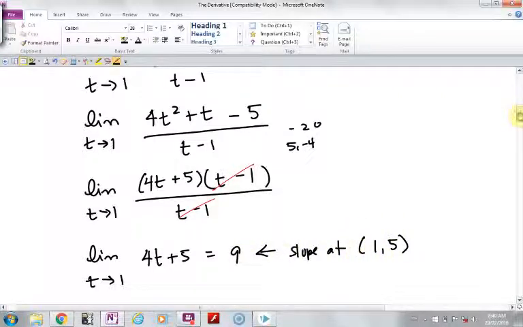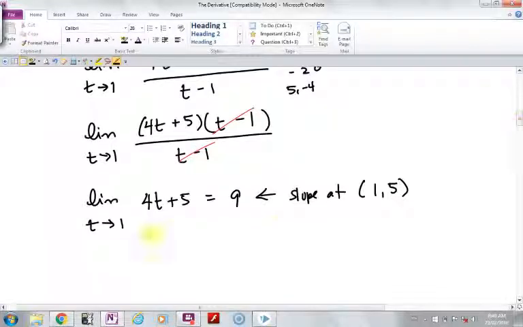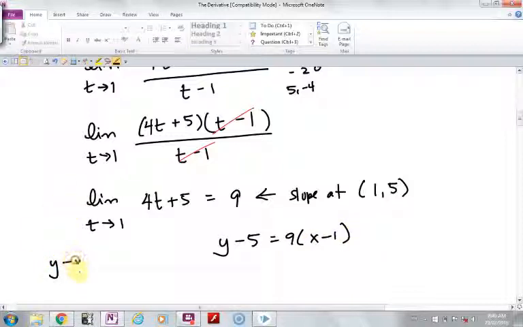And you can use slope point form, which many of you did try to do. So slope point form says we would go y minus 5 equals 9 times x minus 1. Slope point form is we take y minus the y value of the point, and then the slope and x minus the x value of the point. So y minus y1 equals m times x minus x1. Okay? Is slope point form. But